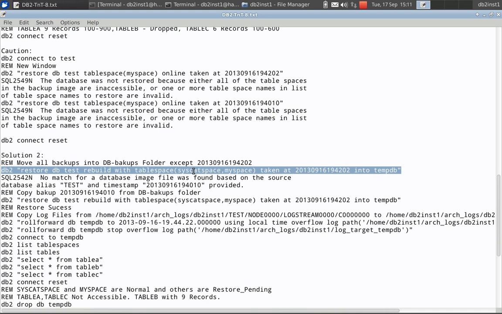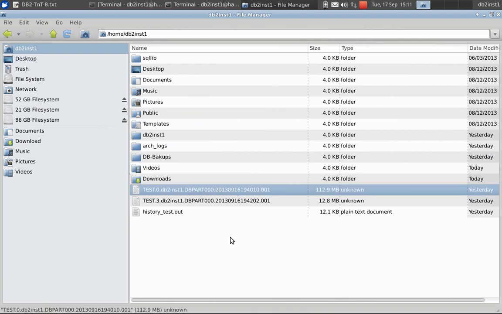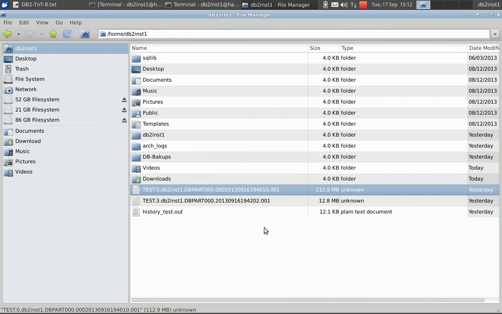So if I specify this, for the sake of simplicity, I'll just rename this file. I'm just putting 000 here. I've just renamed that file so that it's not available.